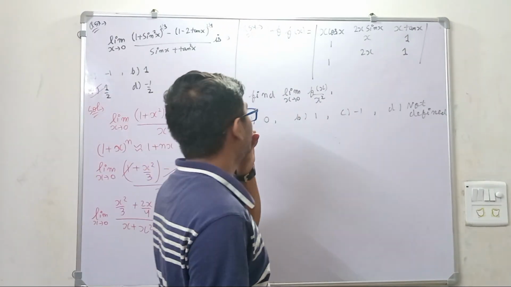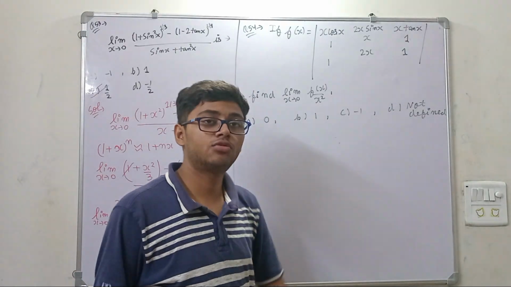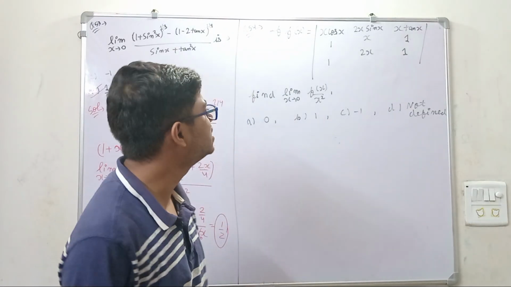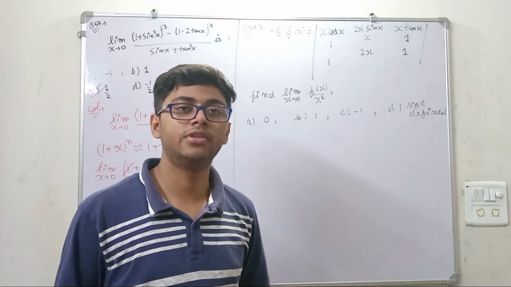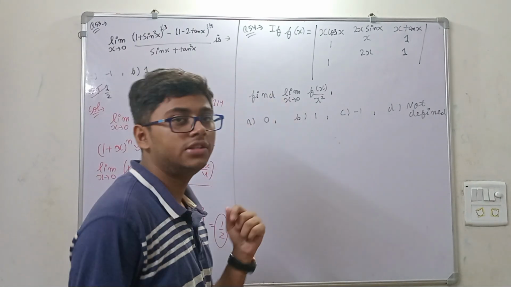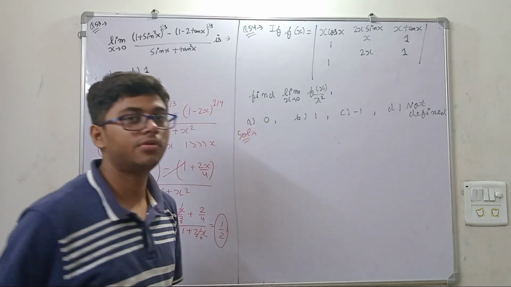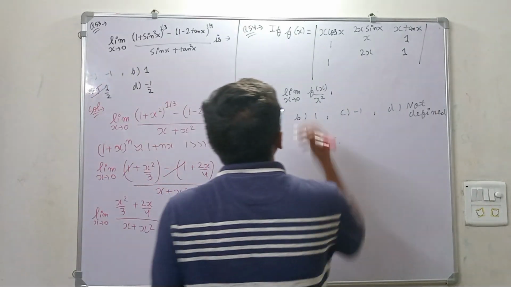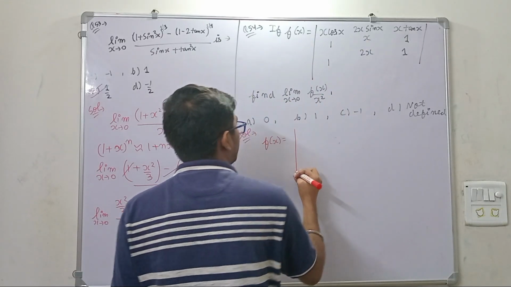Moving on to the last question of this series, question number 54. This question involves the combination of determinants and limits. Everyone knows, whether a student of class 11th or 12th, how to solve a determinant. Determinant fx is there, you have to find this limit. This question was asked, I think, in 2014 or 15. It is an old previous year question. So first of all, let us find out the determinant, applying row elimination.